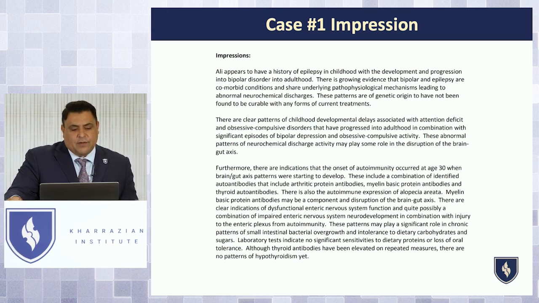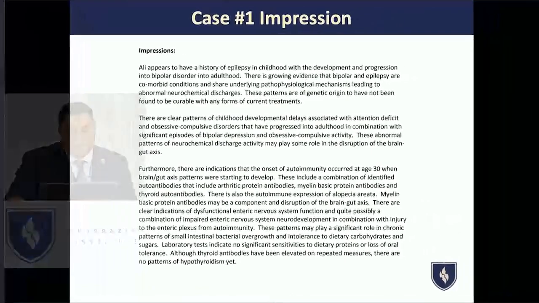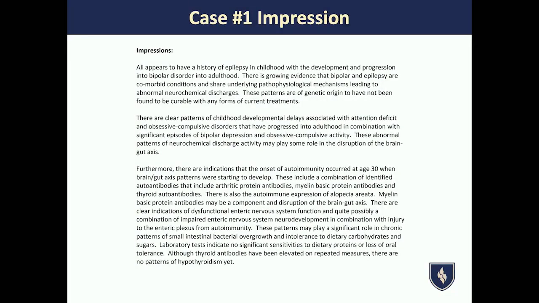And part of it has to do with not what he said in the history, but also if you get a chance to read his medical report. So Ali appears to have a history of epilepsy in childhood with the development and progression into bipolar disorder in adulthood. There is growing evidence that bipolar and epilepsy are comorbid conditions and share underlying pathophysiology mechanisms leading to abnormal neurochemical discharges. These patterns are of genetic origin that have not been found to be curable with any forms of current